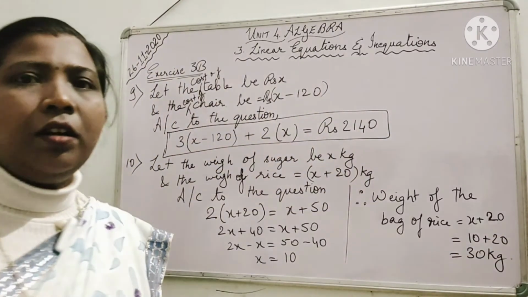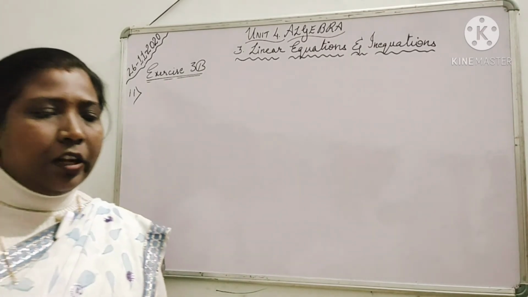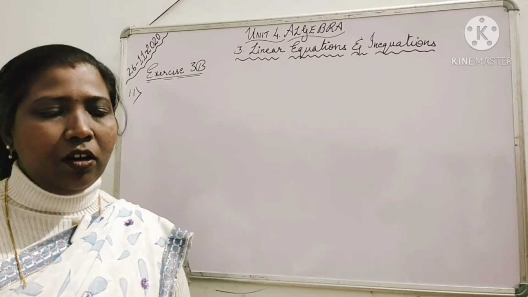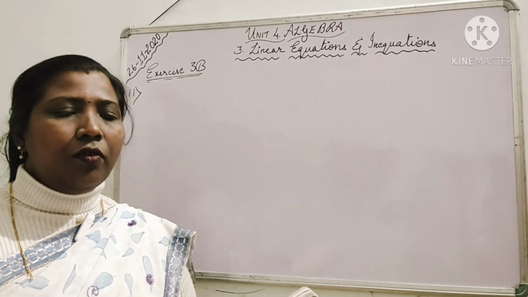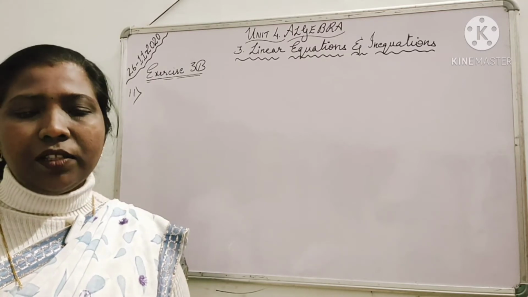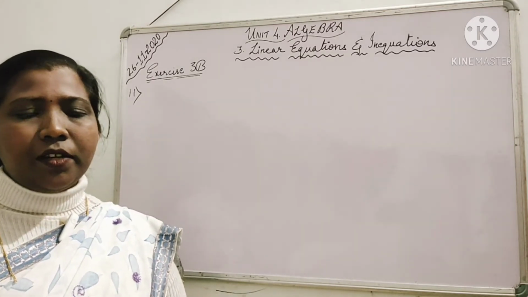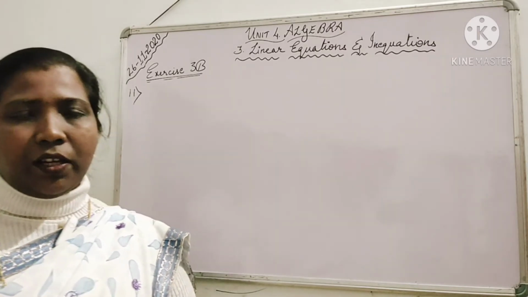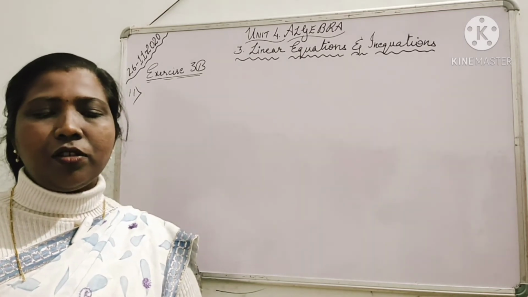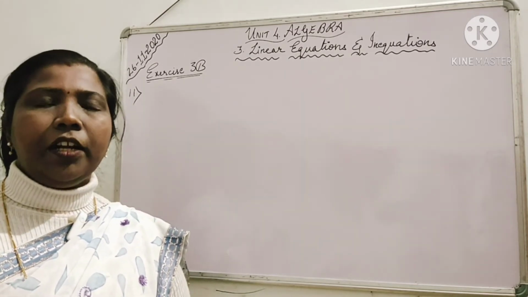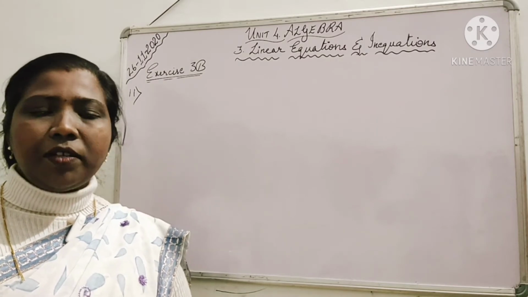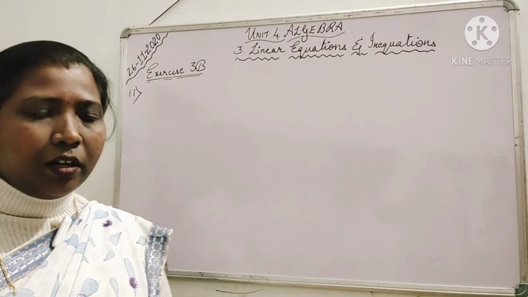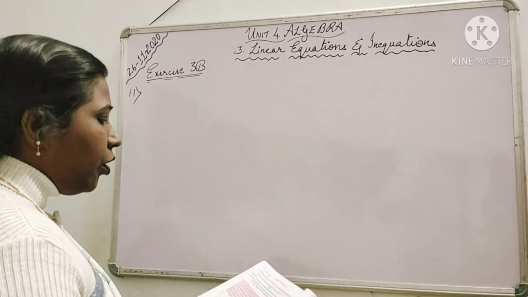Okay students, I hope you understood. Now we proceed to the 11th question: Rakesh reads 2/9 of a book on Friday, 1/3 of it on Saturday, and the remaining 160 pages on Sunday. How many pages does the book have in all? Now we have to find out the whole book. Some pages were read on Friday and Saturday in fractions, and some are given in pages.